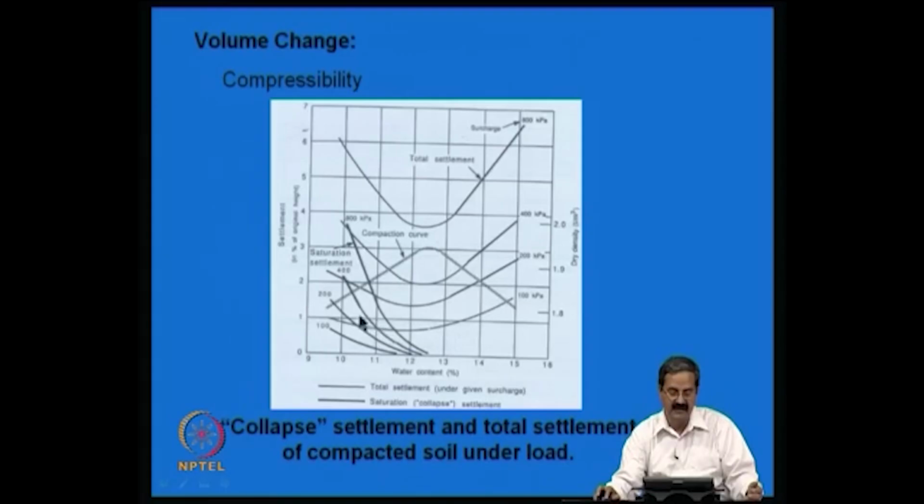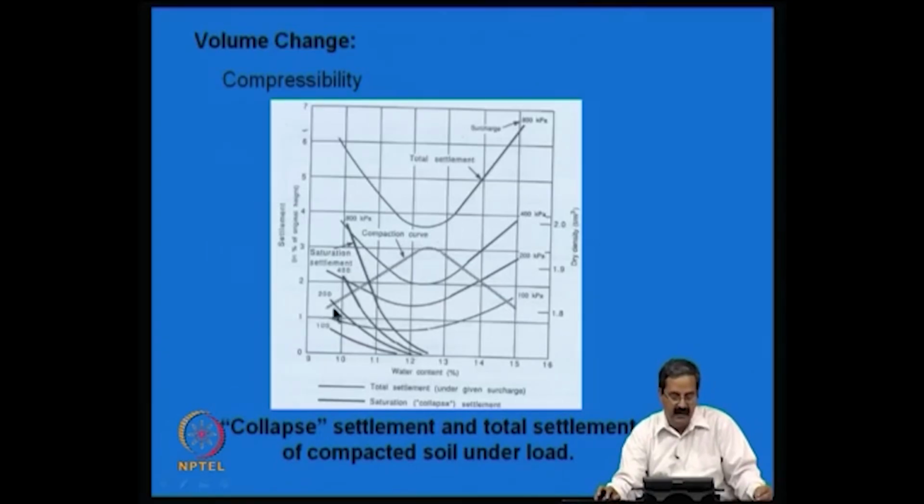You have a soil and a compaction curve like this, and you have 100 kPa, 200 kPa, 400 kPa, 800 kPa as surcharge pressures. Like you do a consolidation test, right? You do a consolidation test, and